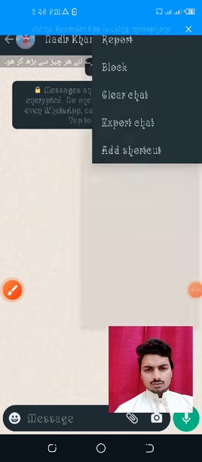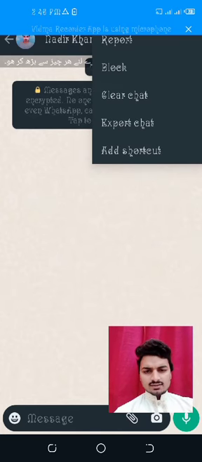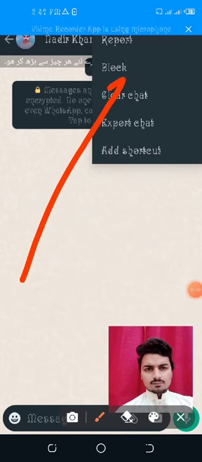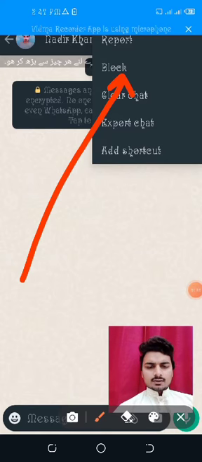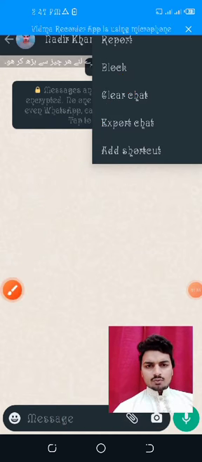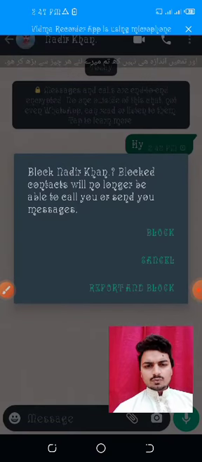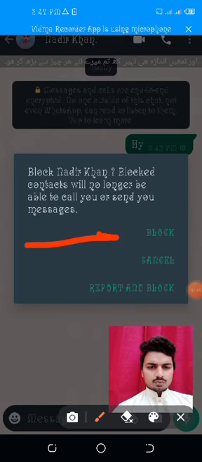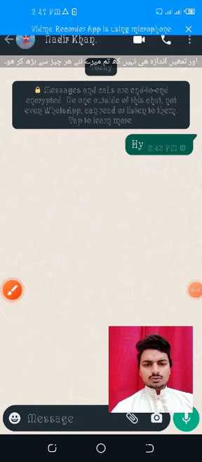Press on More, and the next step is the Block option, and then press the block button or touch the button, and then this option is for blocking someone. So touch this Block,